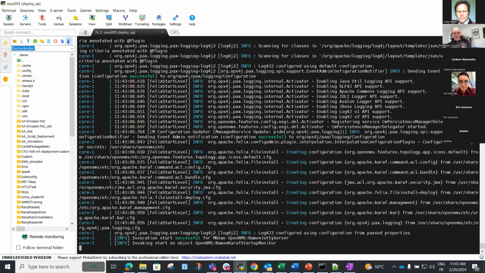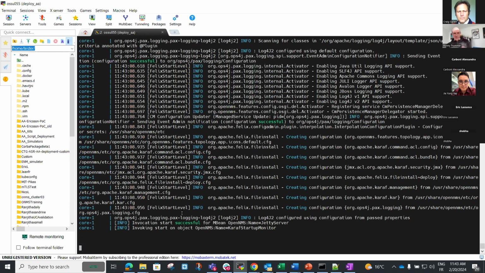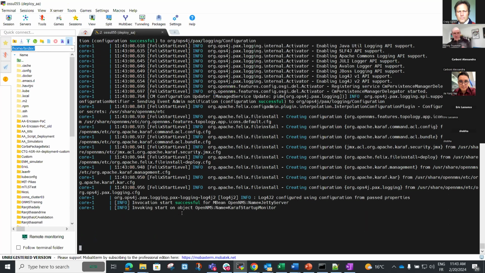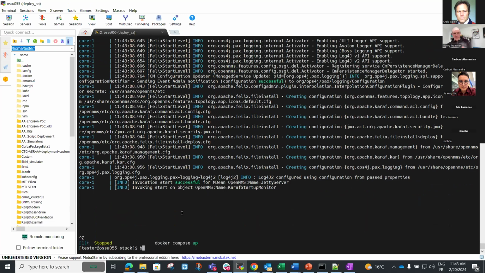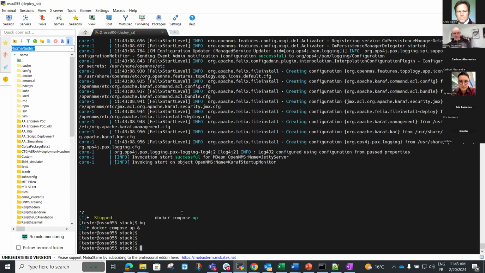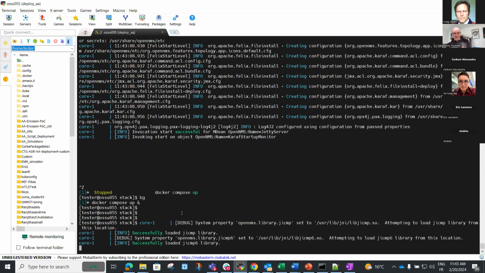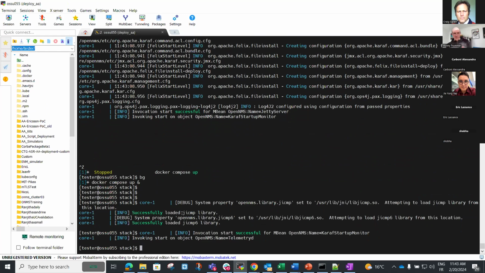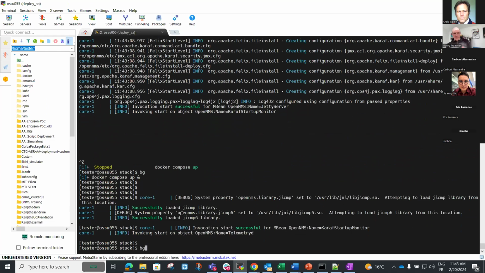Yeah, and in a Docker container, there's just one process running, so they just drop everything on standard out. Normally in a container, there's not more running than just one process. If I want to get rid of these standard output traces, you just use Docker Compose up -d, that runs it in background.